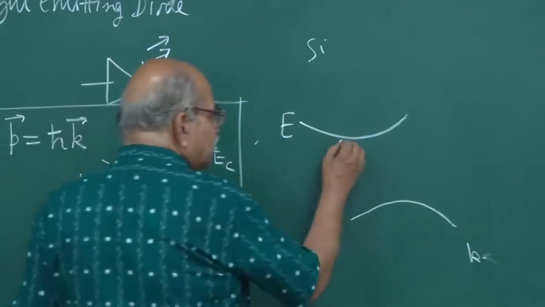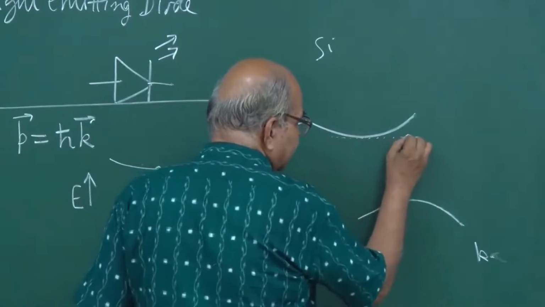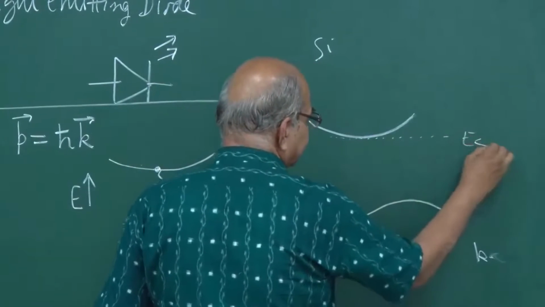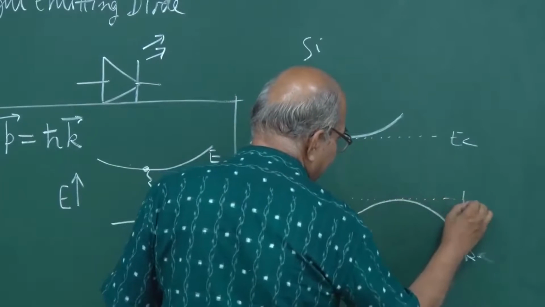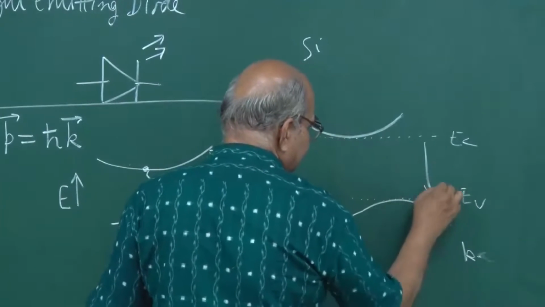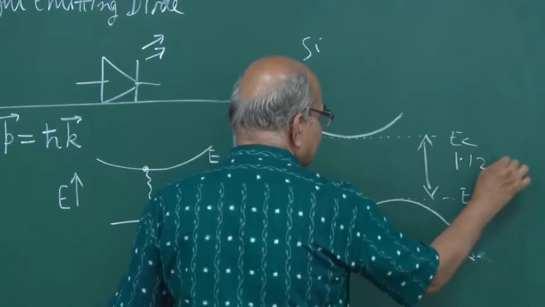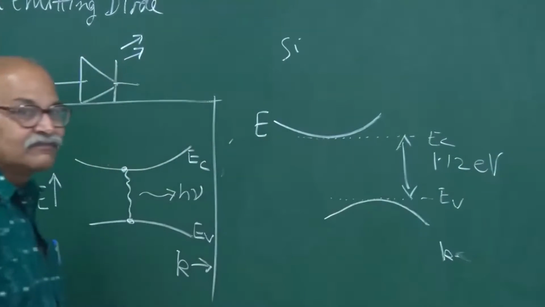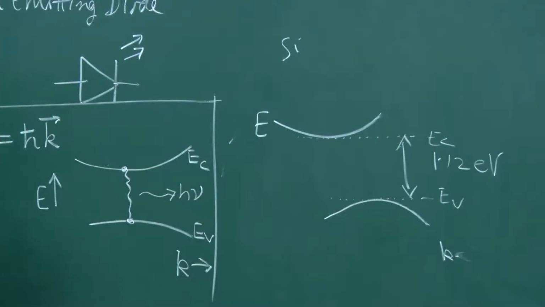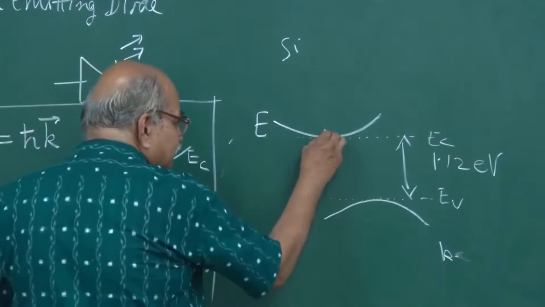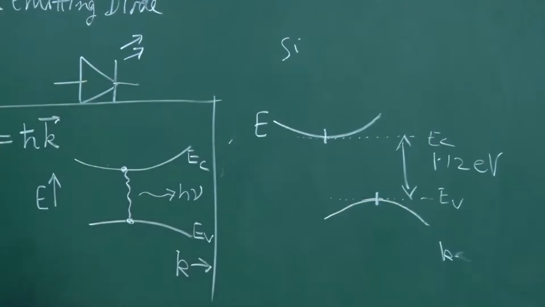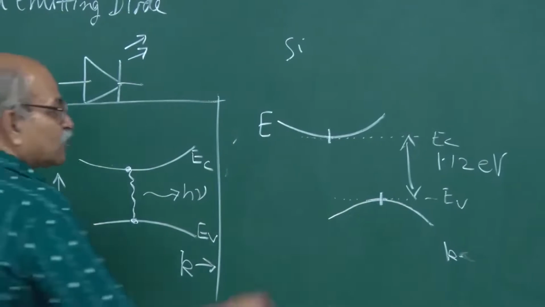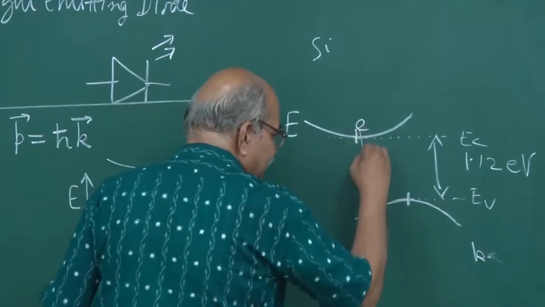So, the bottom of the conduction band and the top of the valence band, yes, the gap is 1.12 eV, but this minimum occurs at a different k and this minimum occurs at a different k. So if the electron has to go from here to here,